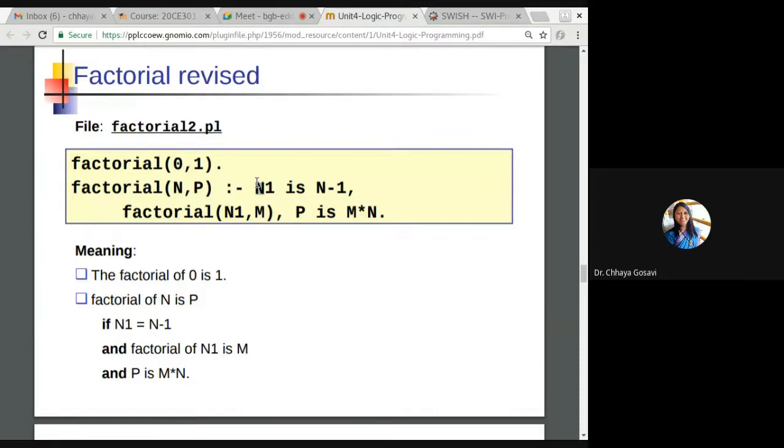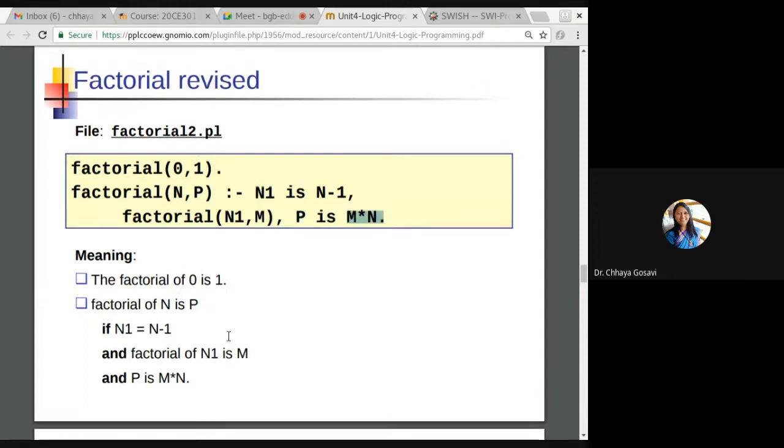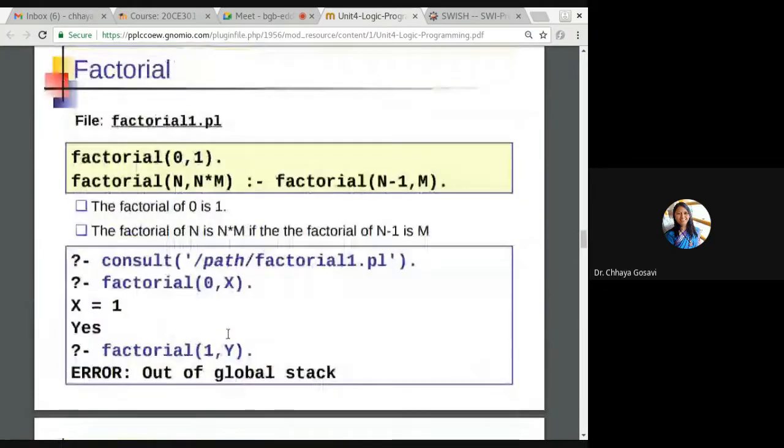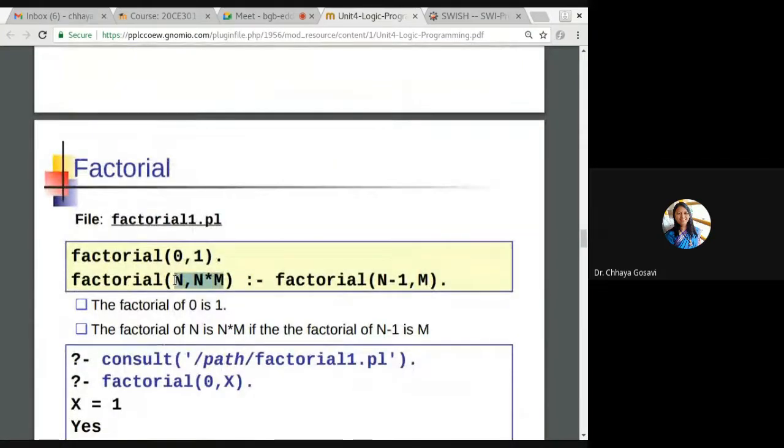So instead of N is N minus 1, we write N1 is N minus 1, and that N1 we pass to the factorial. Here we introduced one more term M. So factorial of N1 is M, and what is P? P is M * N. Instead of N minus 1 inside the factorial or recursion, we have kept N minus 1 outside.